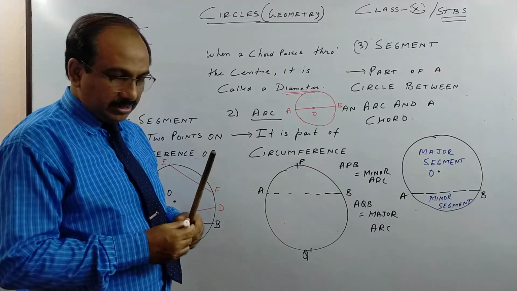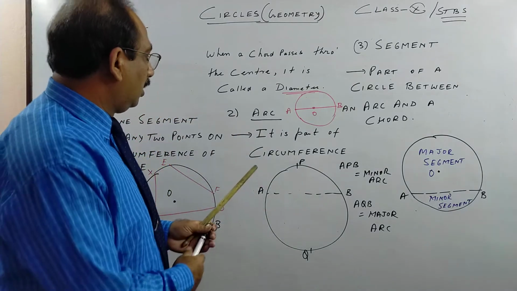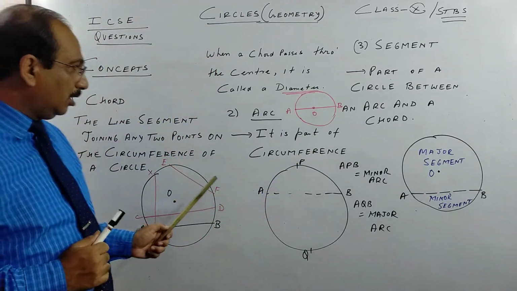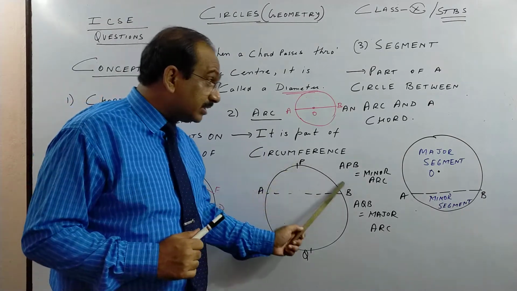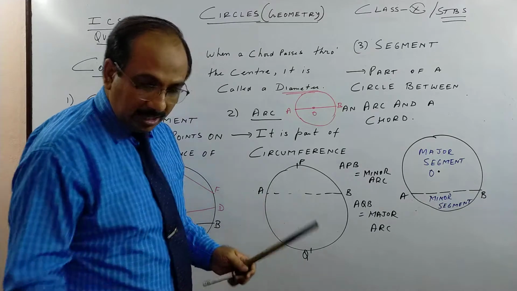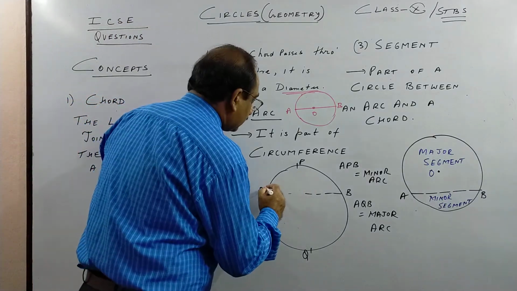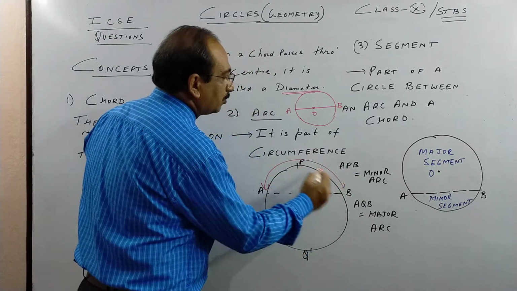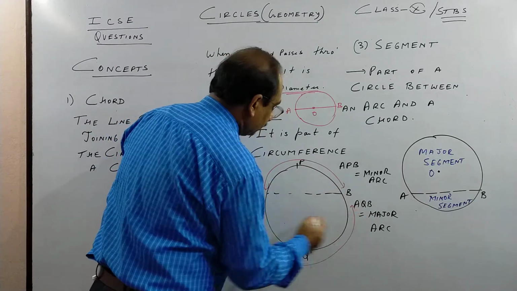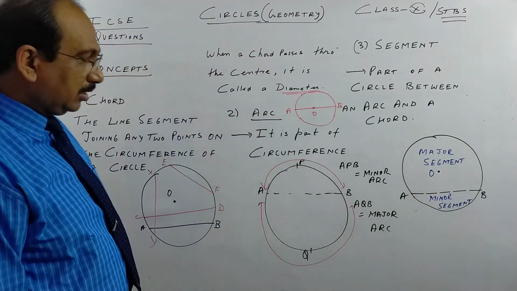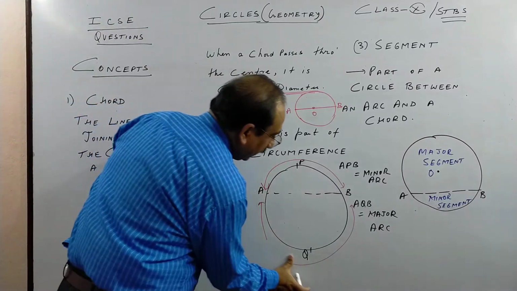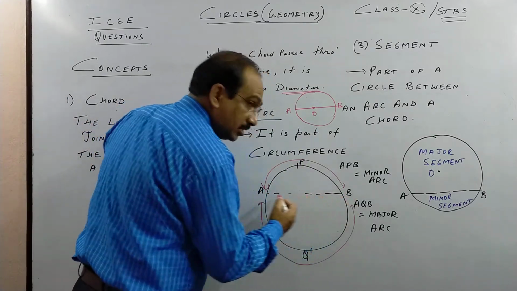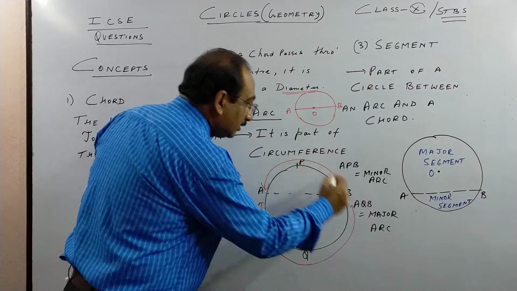Next, what is an arc? In class 10 we see another concept called arc of a circle. It is a part of the circumference. Remember, children, a chord is a straight line, whereas an arc is a part of the circumference, meaning it is curved. So this, if you see APB, this curved line is called the minor arc. Minor means small, and this part, children, is called the major arc. So an arc is a curved line. Remember, AB is a chord, a line, and this is an arc. So an arc is a part of the circumference.